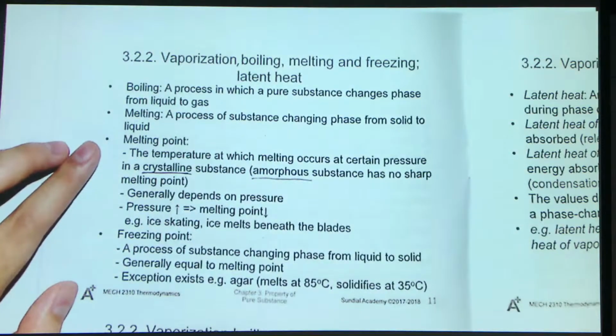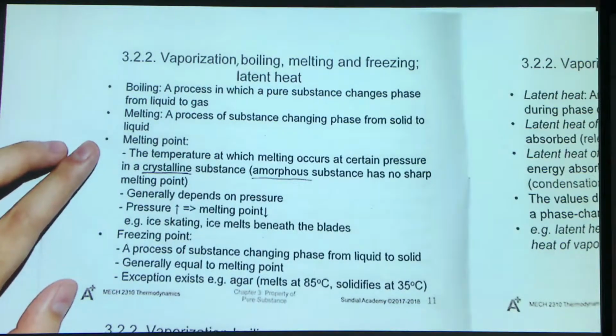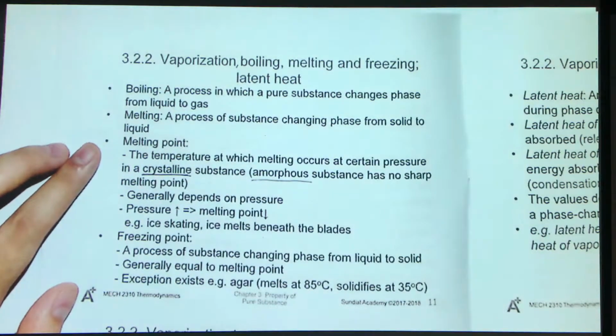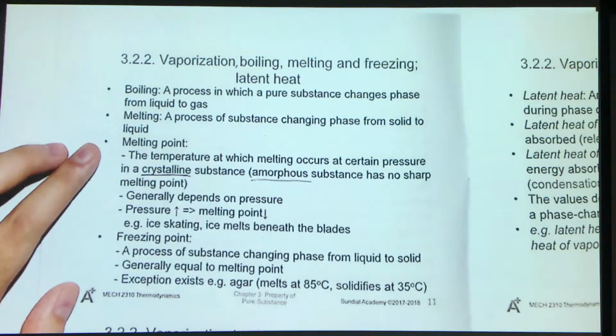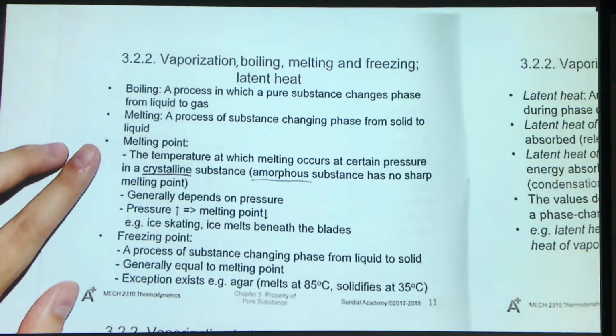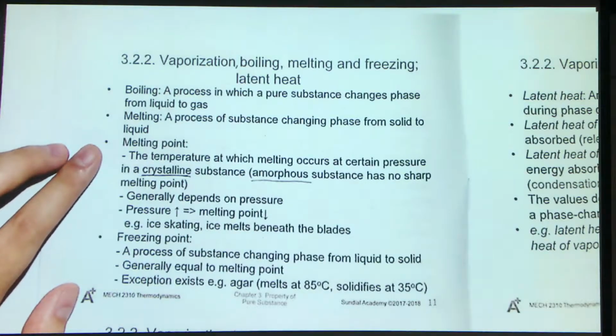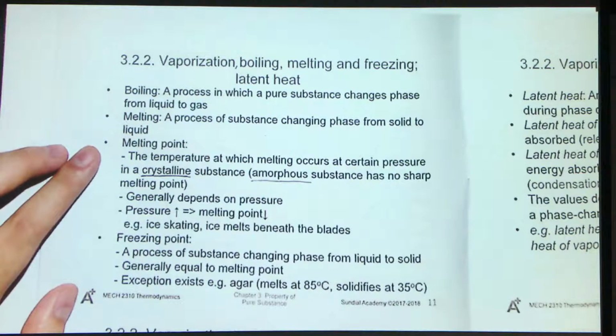Crystalline means the substance has a so-called long-range order. That means the substance is well ordered. For example, a piece of metal is a crystalline substance because inside the metal, all of the ions have a very well-ordered structure. But amorphous substances do not have long-range order, just very short-range order. For example, if you cool down melted glass very quickly, all of the molecules suddenly stop at some places, and this makes the molecules be placed in a disordered manner. So we say that glass has an amorphous structure.